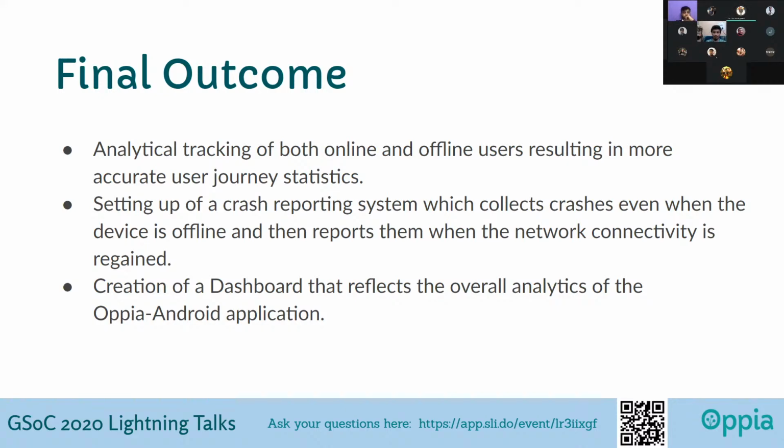Now, the utility of these things is basically we get to know our markets. Like suppose we don't know how things are when there is no internet connectivity. So by doing this, we get the analytical data and we get to know if we are matching their needs or not. Second major objective of this is we get to know how a new feature is performing. Like suppose we incorporate a new feature, we can get to know how well the users are taking it or if they're liking it or not. Third most thing is which exploration or which topic is being liked by the users. This way we can produce more quality content and we can get more users and have a better reach. Thank you. That's all.